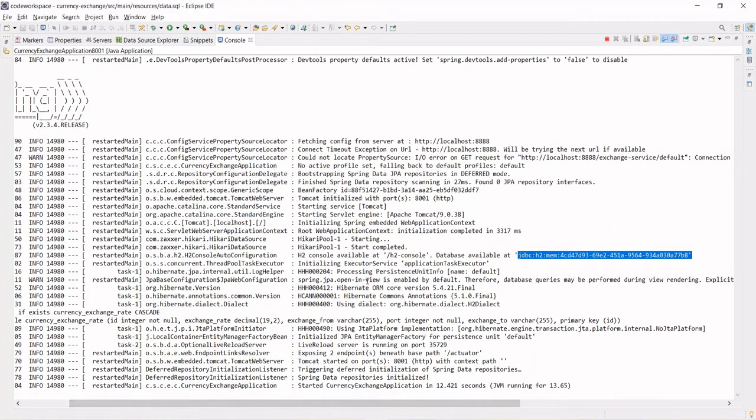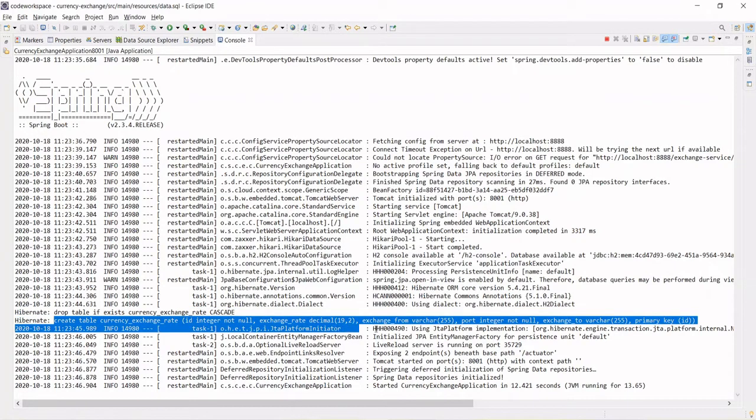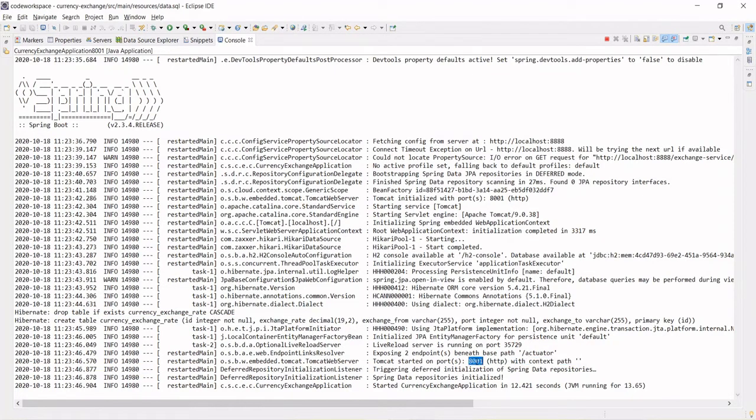If you come down to the ORM version, this object relationship model we are using is JPA. Spring Data internally uses Hibernate. And in the configuration, we have configured show SQL, so whatever queries are prepared through the entity, they get printed. See, this is how the table has got created, right? And thereafter Tomcat started on port 8001 and it's running.